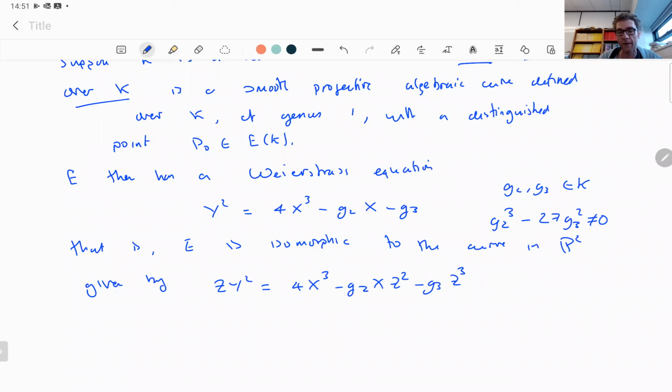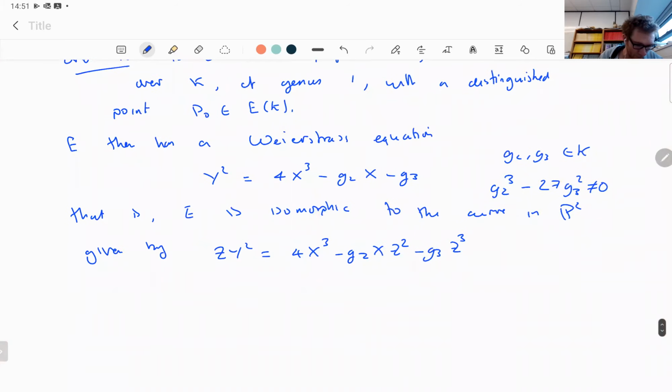And the only point missing is the point at infinity on this projective curve